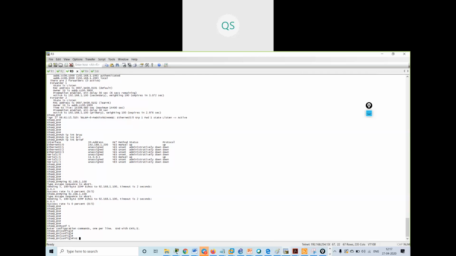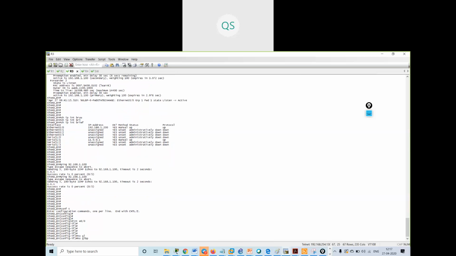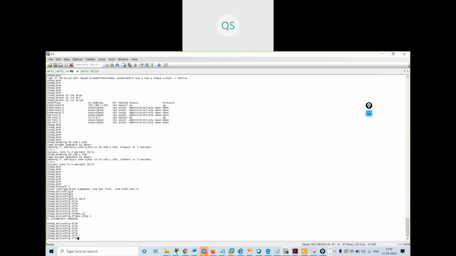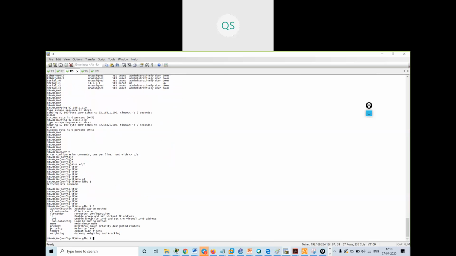Interface E0/0, no GLBP 1. Do show run, interface Ethernet 0/0.